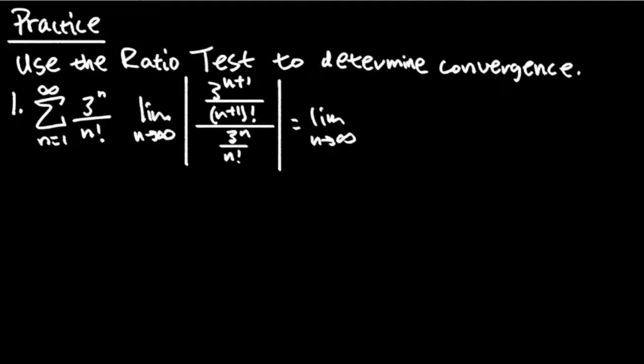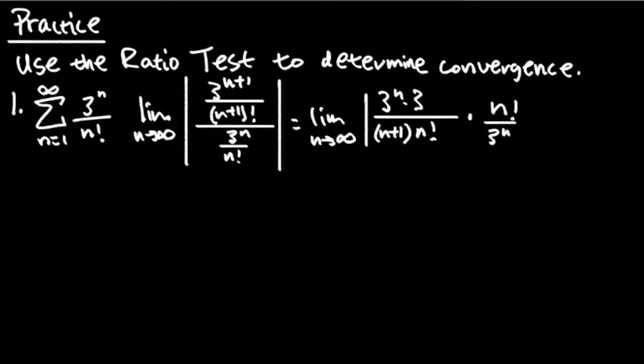So, limit as n approaches infinity of, now we can make this a bit smaller. So this is 3 to the n times 3. I'm just going to write it that way. And then instead of n plus 1 factorial, I'm going to write this as n plus 1 times n factorial. Then multiply by the reciprocal, 3 to the n. Alright, let's see what nice thing happens here. So 3 to the n will divide with 3 to the n. n factorial will divide with n factorial. And then what we have left is